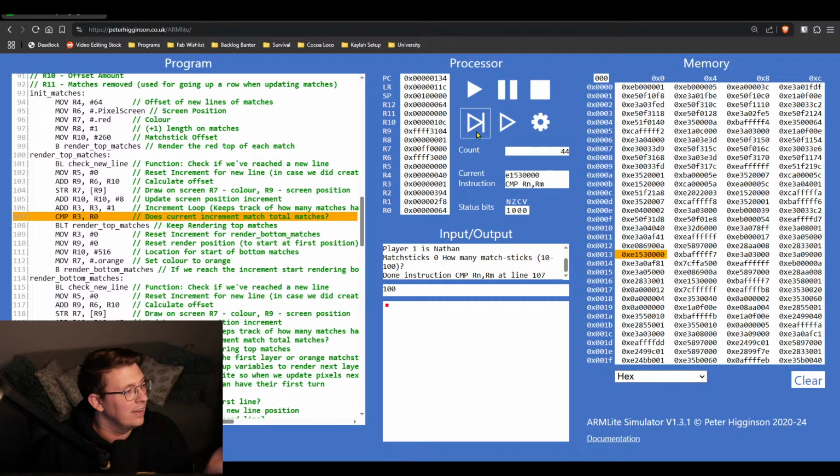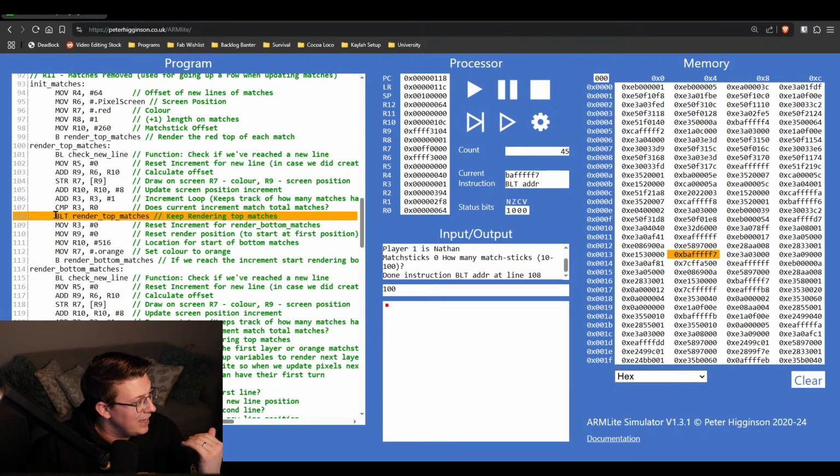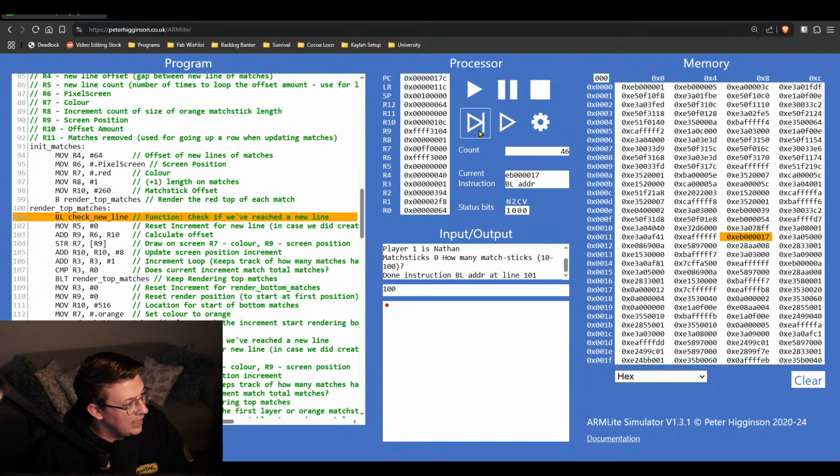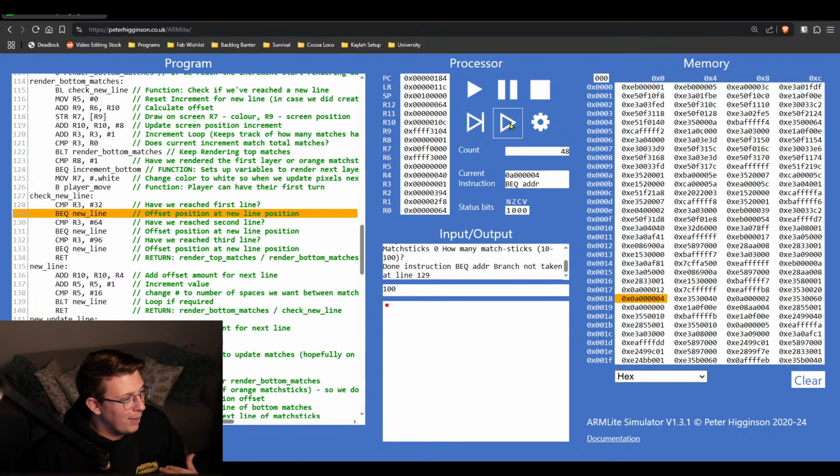Now, this is going line by line. So you can see the line that I've written here in the code and then the reference in memory, as well as if you look at the registers here, things will change and move around. If I played this faster,